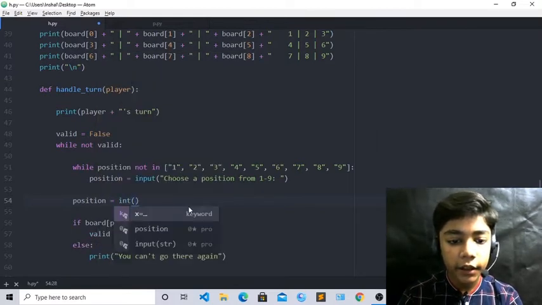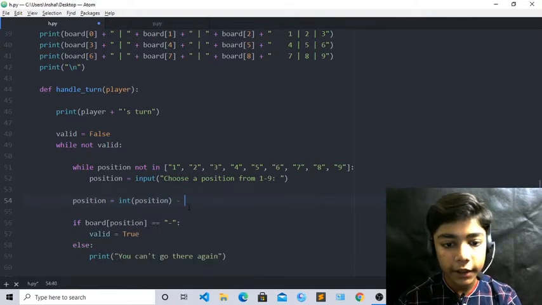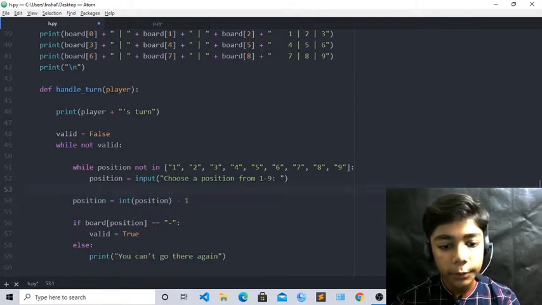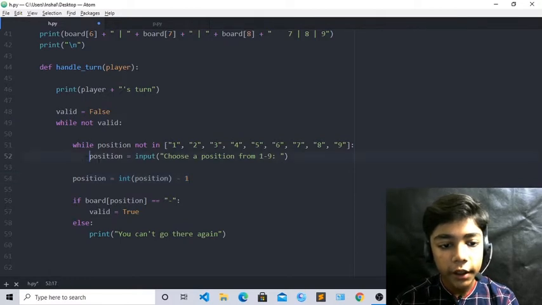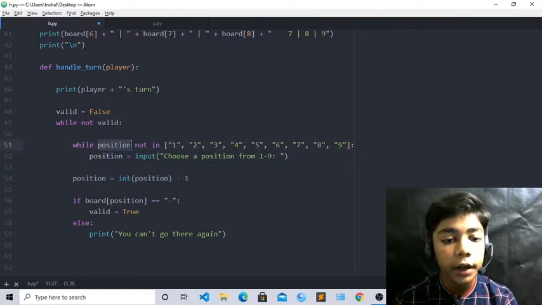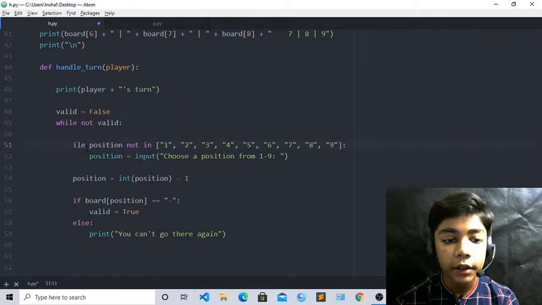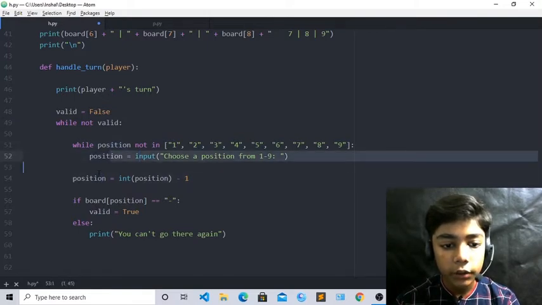Okay, and in init we have to write another position, which will be -1. So now you can see we have defined here the init position, which will be -1. I hope you understand that, because we have to define position two times: we also defined our position two times in while position not in, and in position here we have defined our two times in position. Here we have also defined our position tag.